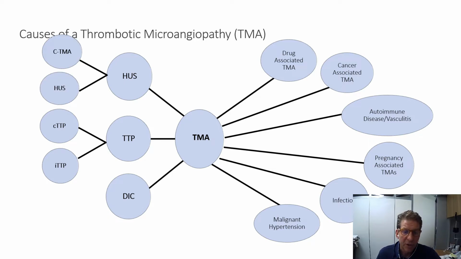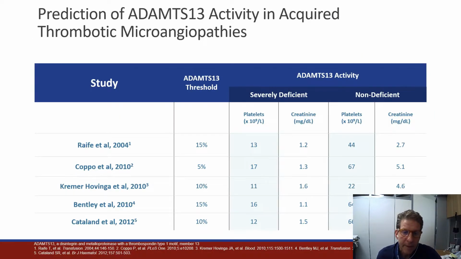With HUS, you need to consider both the classic HUS, with bloody diarrhea, where the bloody diarrhea precedes the TMA by a week, with recovery of the bloody diarrhea and then the development of the acute thrombotic microangiopathy. This is a Shiga toxin typically mediated process. You also have to consider complement-mediated TMA, so dysregulation of the complement system, a triggering factor that activates the alternative pathway, leading to uncontrolled complement-mediated damage, what we used to refer to as atypical HUS, now more correctly called a complement-mediated TMA.